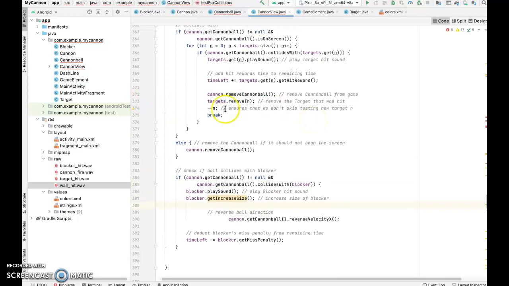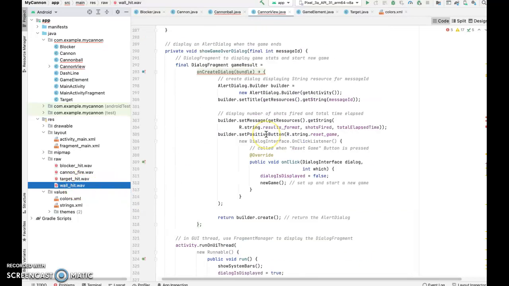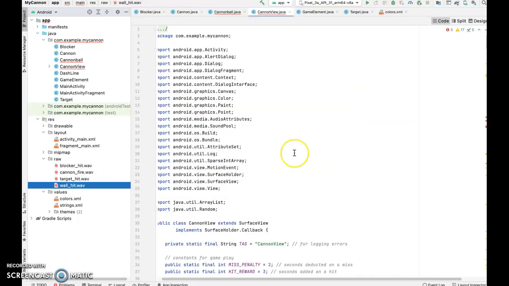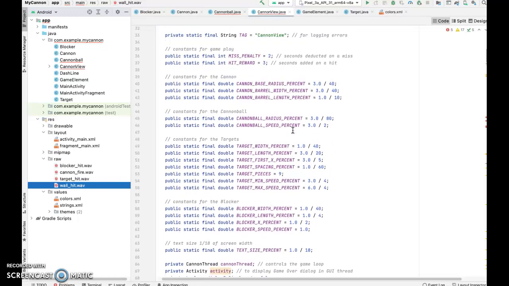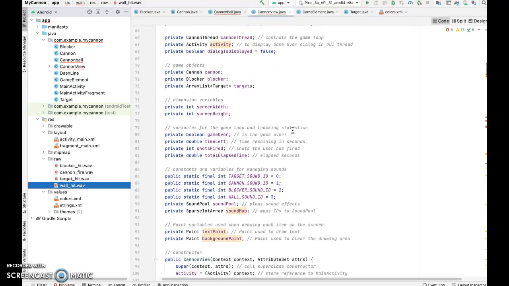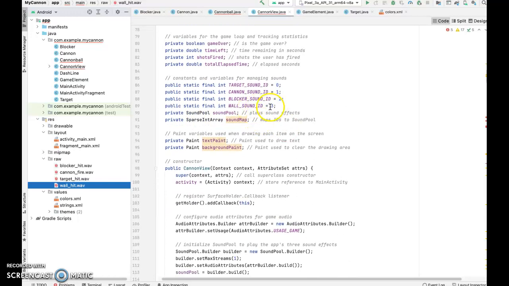Also, the second feature that I was trying to do was play the sound when the blocker hits the top or the bottom of the screen. So here in the raw resource, I load up the wall hit, and so here in the Cannon view also I add the